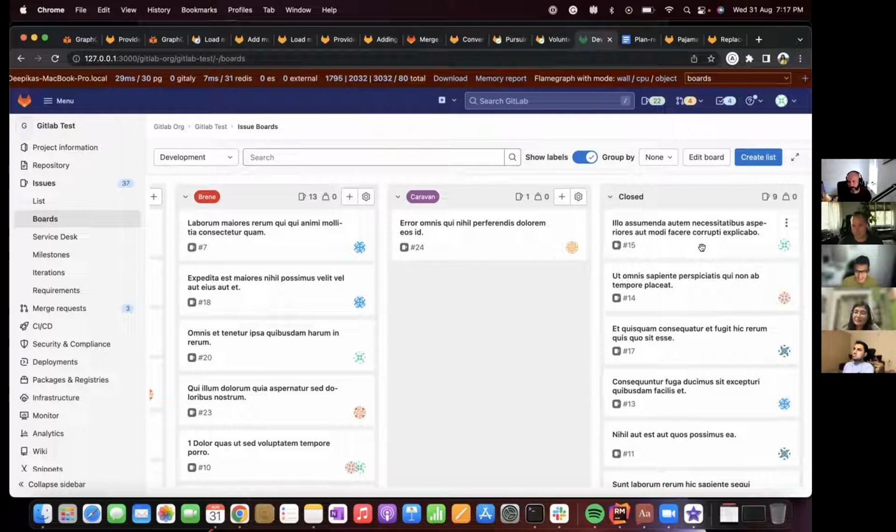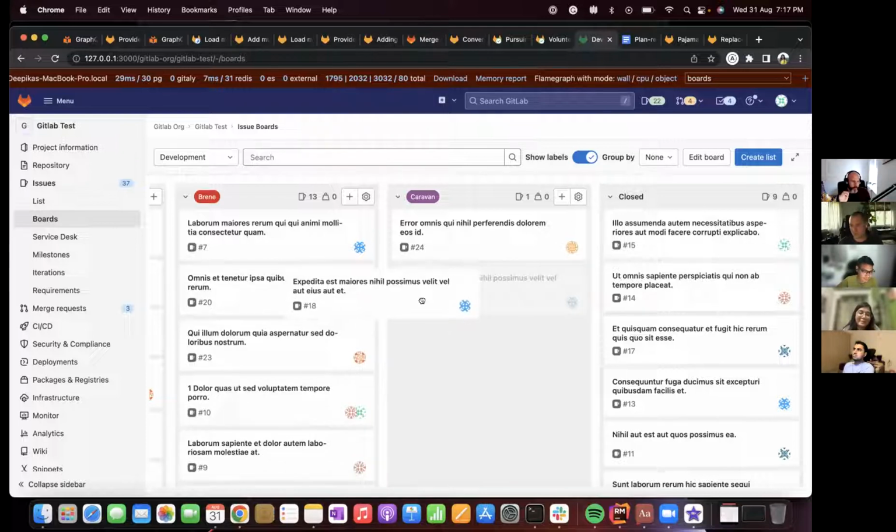I guess an easy solution, but not really nice UX, is that when one drags around within the closed list, it just reverts to the other position in the front end. And if one drags to the closed list, we just pop it back to the top, like a hack. But yeah, it's not the best UX. Does anyone want to be the DRI for opening that issue?